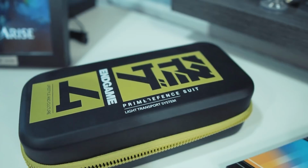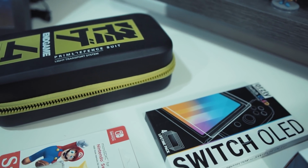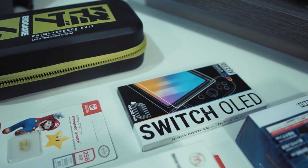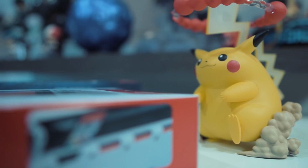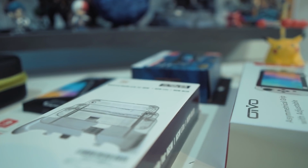HyperX here, and today I want to put together a video on some handy accessories you might want to grab, some of the best accessories you should be getting for your Nintendo Switch OLED. I mean, admittedly, these would also work for a regular Switch, but in light of the fact that the OLED recently came out, I had to go and get some new accessories for that device. So given that I've purchased some of these things, I thought I'd put together a video on some of the